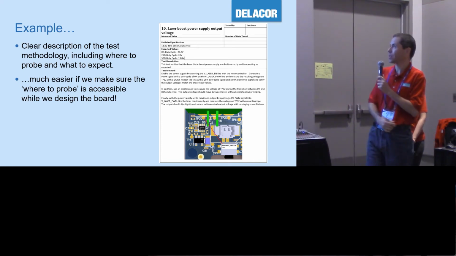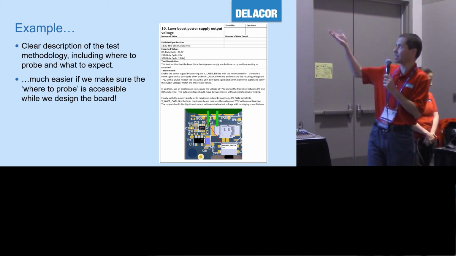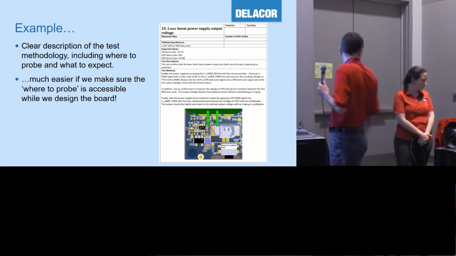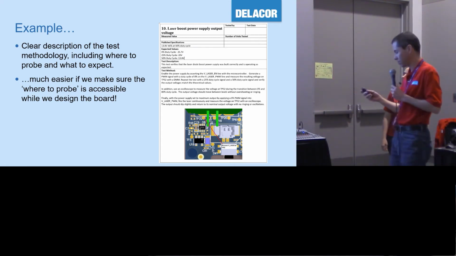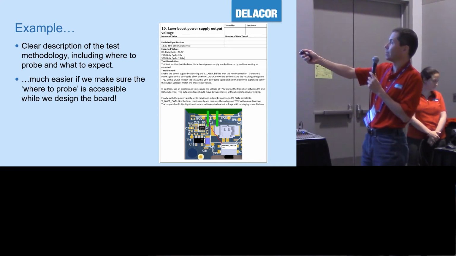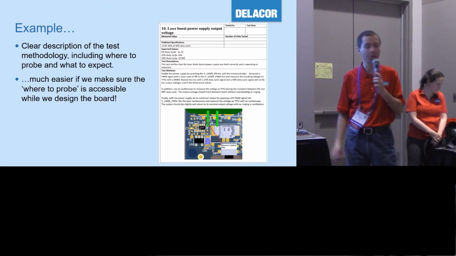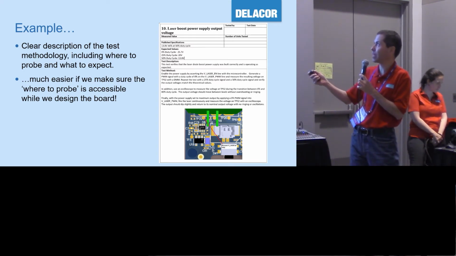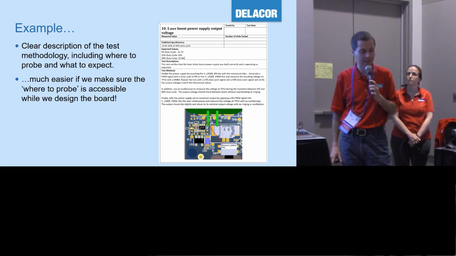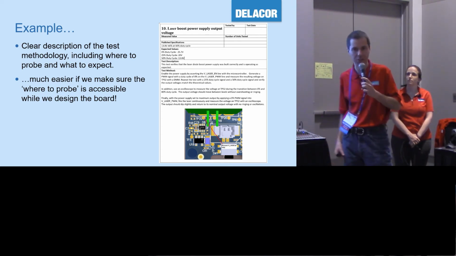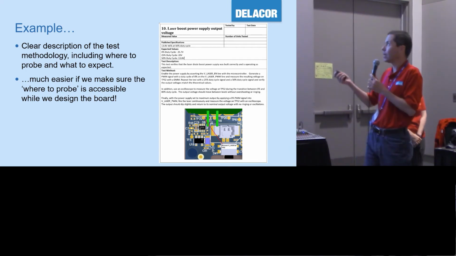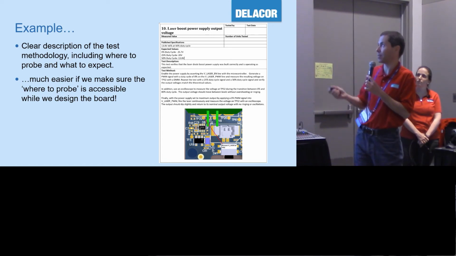And so one of the things that we do is, once you have your test plan, it should have things like this inside, where you have a very clear description of what you are testing. What is the spec that we're trying to hit, and what are we actually expecting? And those two might not be the same. A published specification might take into account a lot of headroom for process variation, for many degrees of temperature variation. The stuff you're testing in the lab is going to be something different, most likely something better.